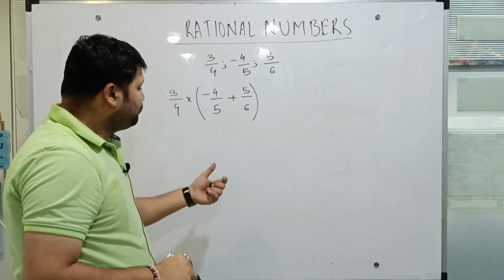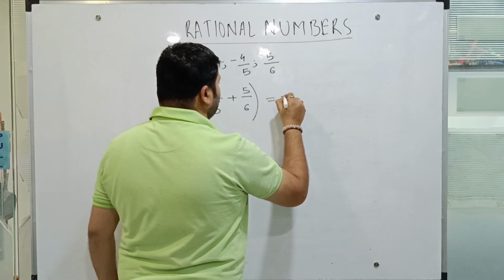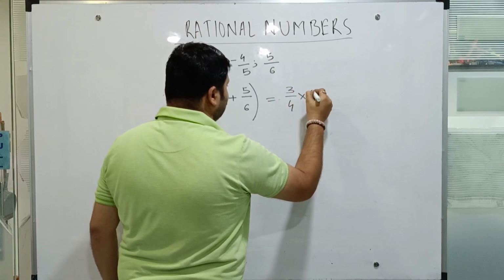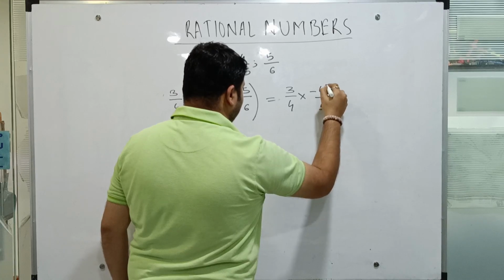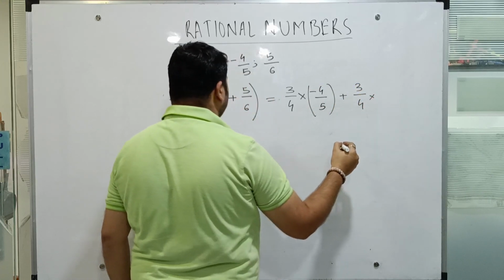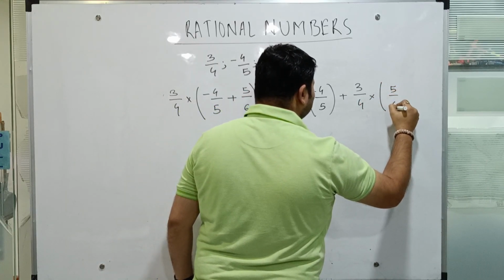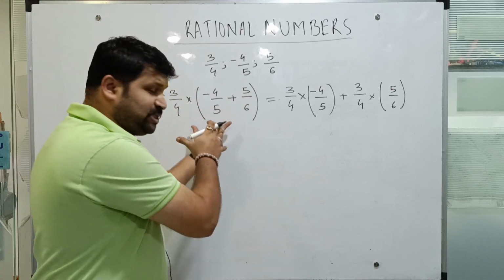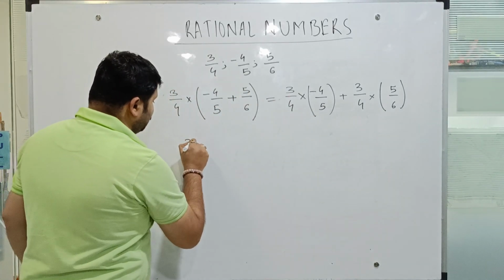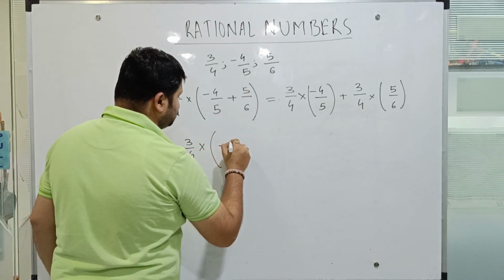So the distributive property tells us that this should be equal to 3 upon 4 multiplied by minus 4 upon 5 plus 3 upon 4 multiplied by 5 upon 6. Now let's solve the left hand side first, and then we'll solve the right hand side. So it would be 3 upon 4 multiplied by, I do the addition here, I'll have minus